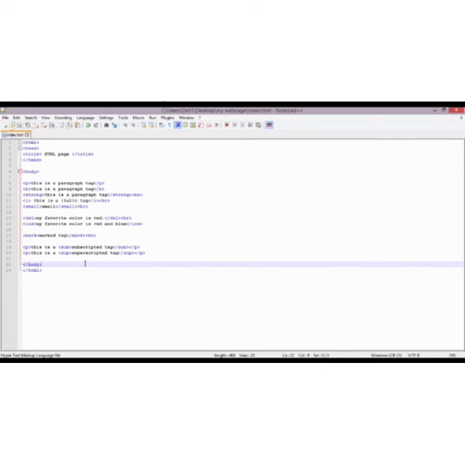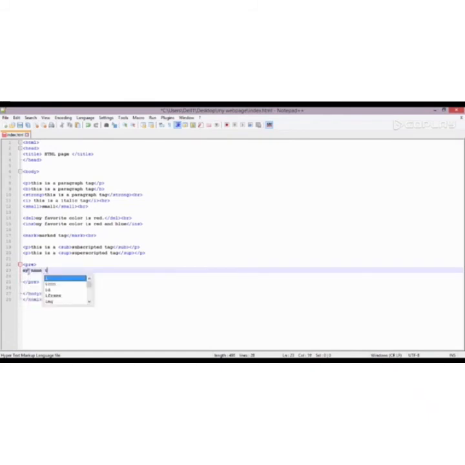Now let's talk about the pre element. Pre element defines pre-formatted text, meaning the text inside a pre element is displayed in a fixed width format, and it preserves both spaces and line breaks. For example, I'm using pre tag and closing pre tag. The text in between this tag will appear as we have written it in our text editor. For example, my name is ABC, full stop.